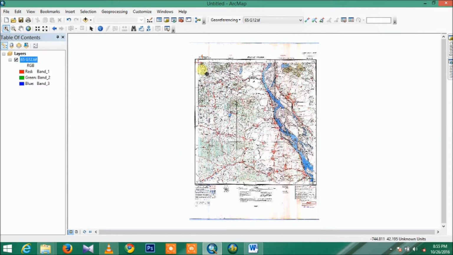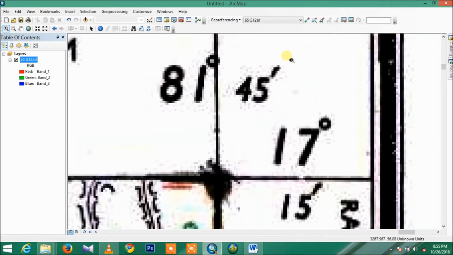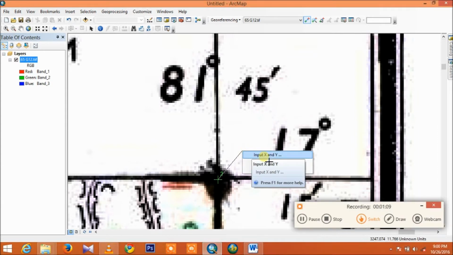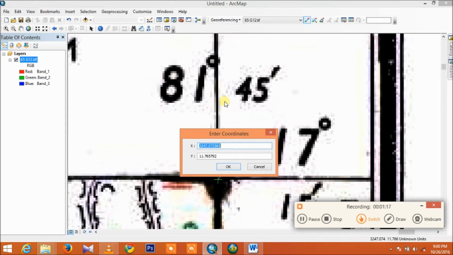So I'm going to do the same on all 4 corners. We need to do that. So zoom it and click on add control point. So these are the known coordinates actually. Just a minute. So I'm going to click on the input X and Y and then add the coordinates, which is 81.75 here in the X